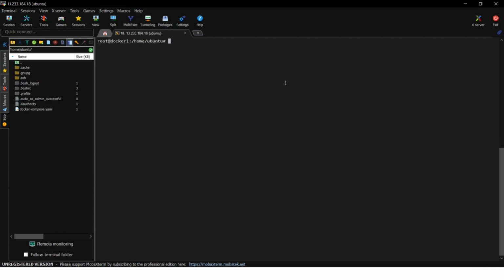So now since our Docker YAML file is ready, we can directly create our service by using the command docker compose up and then -d. So it is as simple as this. So using the docker compose up command, we can simply bring our service up, which means that after executing this command, all the instructions that we passed inside the YAML file will get executed and the entire service will be